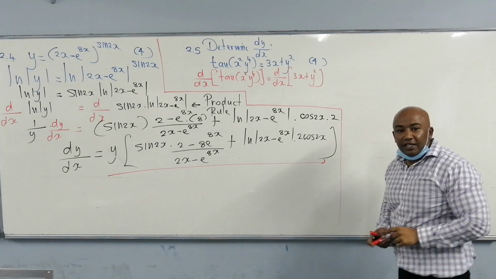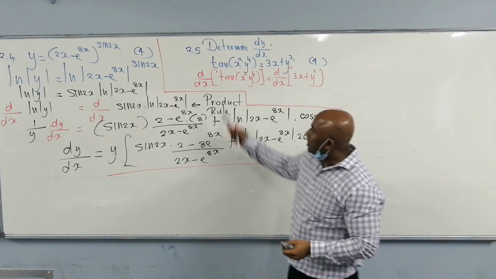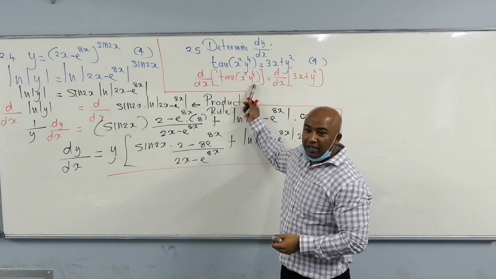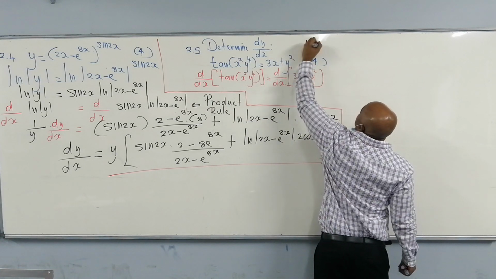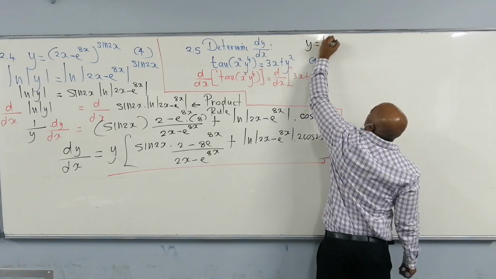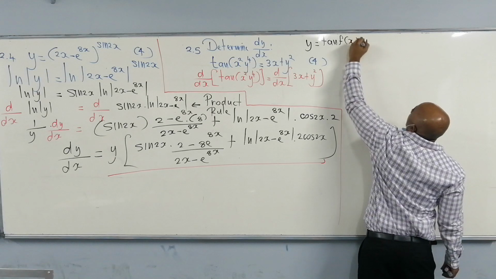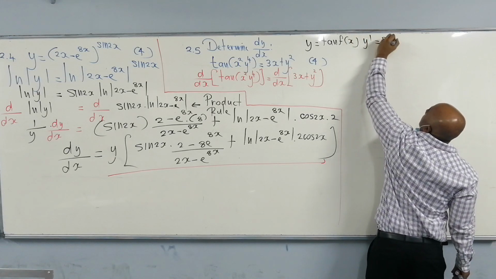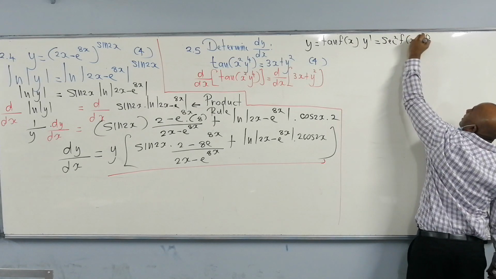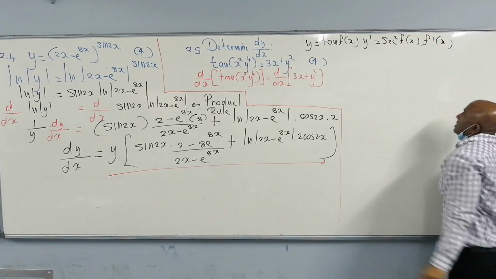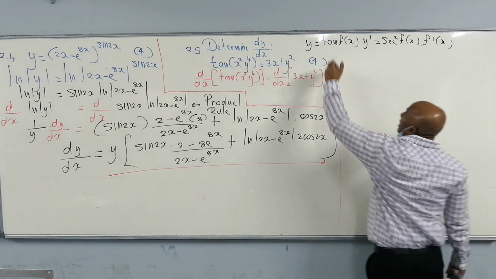Right, so the left hand side, what do we have? We have tan of f of x. So we have y is equal to tan of f of x. We know y prime is going to equal sec squared of f of x times f prime x. So that is how we differentiate tan. However,